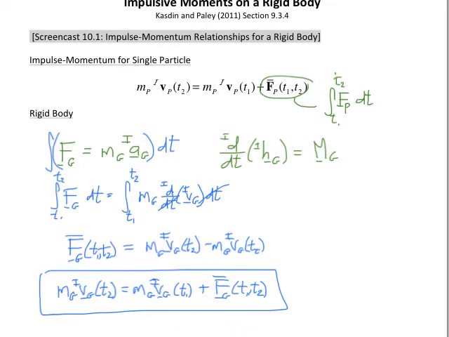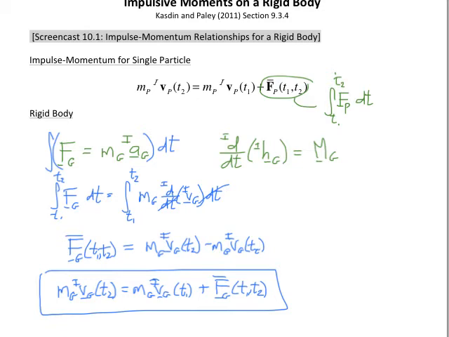And what this tells us, just like with the single particle, is that whenever we have the momentum of the center of mass at a particular time, we can apply a force anywhere on the rigid body. Because recall, that's what we're saying when we have the vector F sub g. So it's anywhere on the rigid body, and that's going to change the translational momentum immediately between time 1 and time 2 to this second expression here. So if we have a rigid body that's in motion, we can apply a force, and then it'll change its